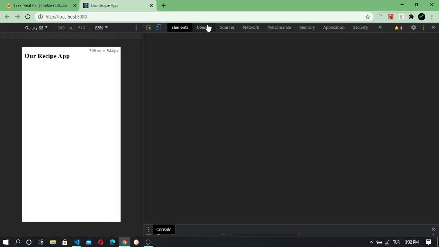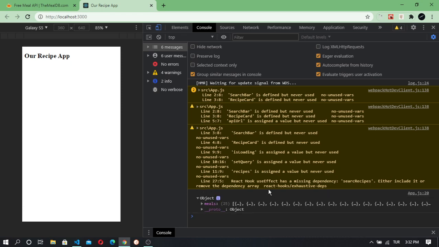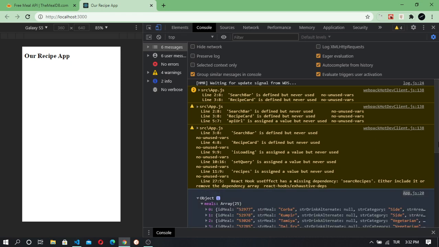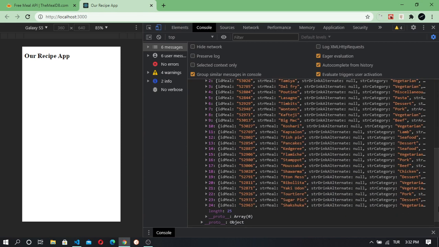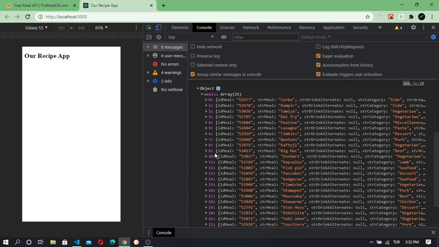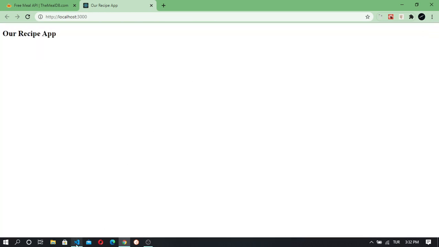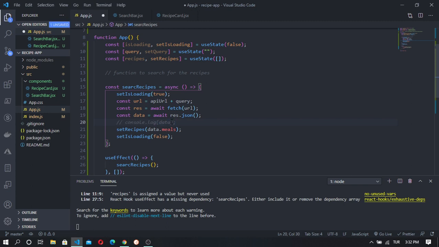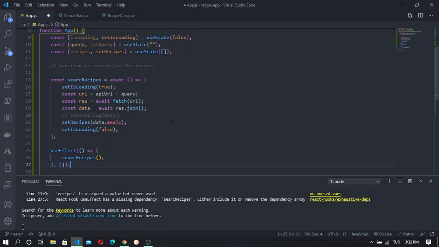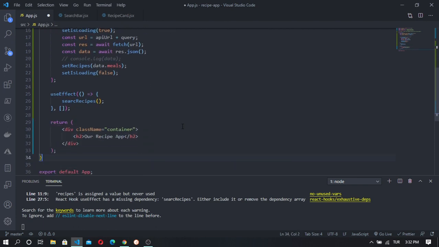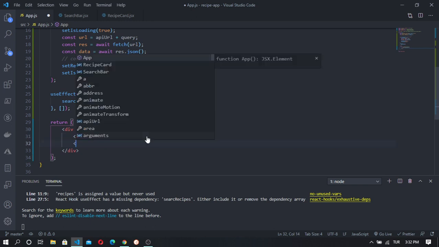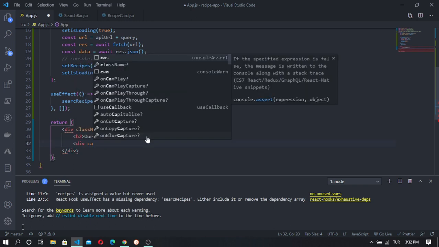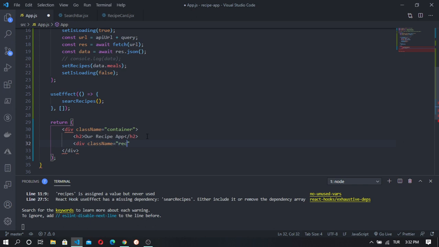Want to open the developer tools and see what we are getting, and as you can see, we are getting a bunch of recipes. And now with these recipes we can display them. I am going to put these recipes in a div. They are going to have a class name of recipes,